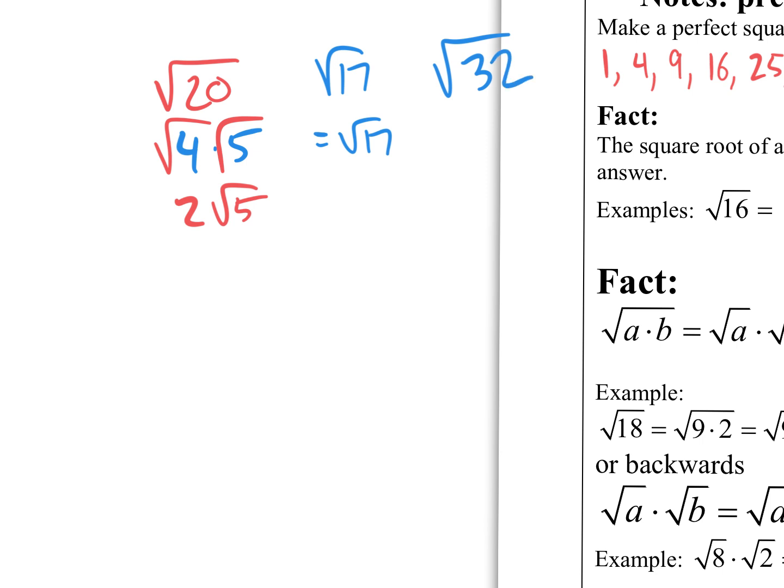What could I rewrite that as to get a perfect square number? 4 times 8, right? And it's better to write the perfect square number first and the other one second, but don't write this down, okay? Just watch me do this. If you have the square root of 32 and you rewrite it as 4 times 8 because that's 32,